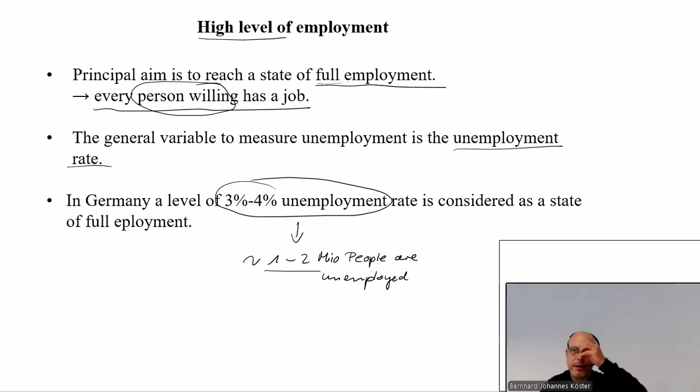Okay, this would be then an impact via the business cycle, but still we could have the target, let's say maybe that only 100,000 people are unemployed, that we cannot reach it, okay, but why is it such a relatively high number if you look at our society and also at the actual discussion in the labor market? Yes, because there are many people who are not willing to work.